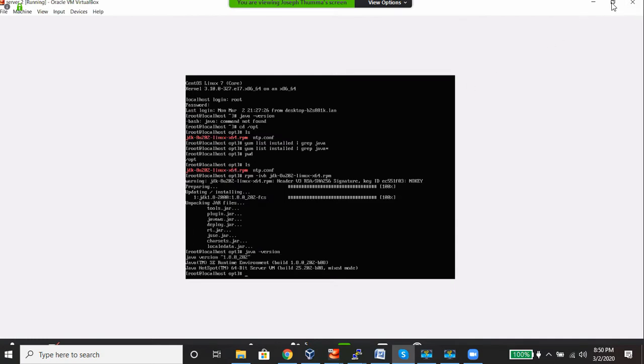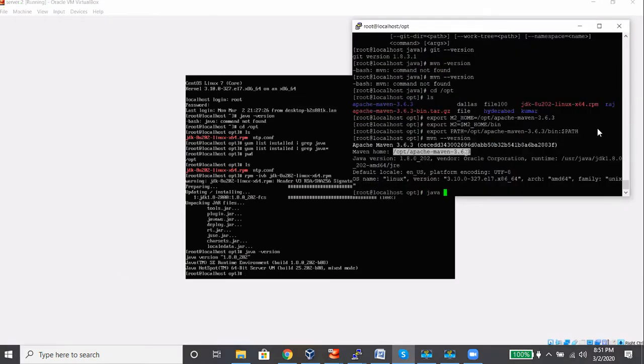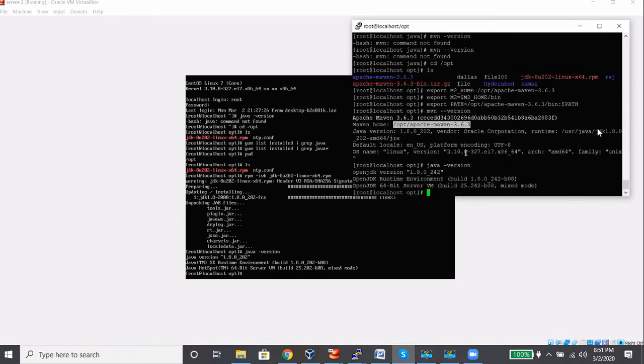Why is it getting runtime? I'm not sure. The same package what we have. Should be OpenJDK. Okay, let's set environments.